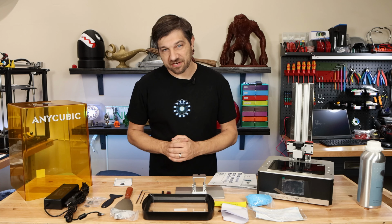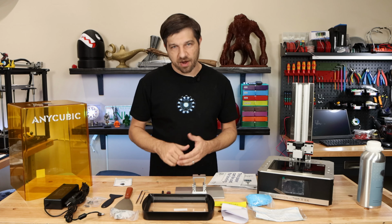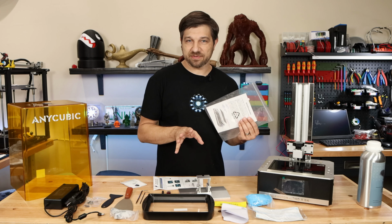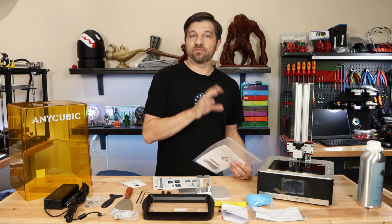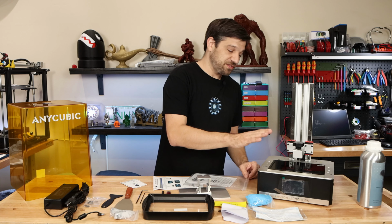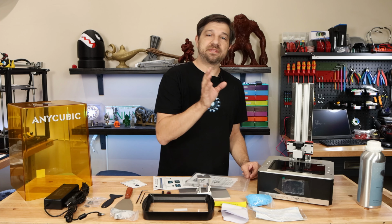I can't 100% guarantee that this is what you'll receive in the box, but from the looks of it, this is probably what's shipping with it. So one thing I really like about what they did with this machine is they actually shipped it with a screen protector, and in my case it appears to have come with an extra one. So there's one already on here that I'm going to need to remove the protective layer from, but this is